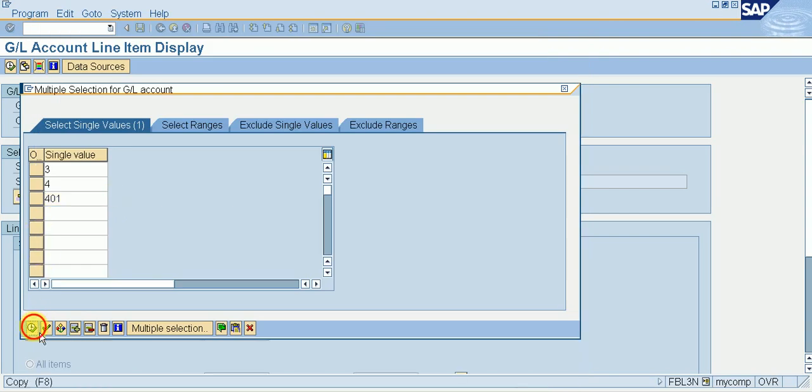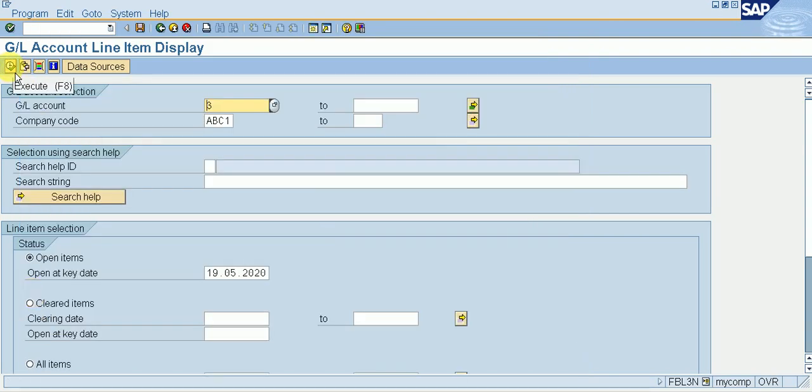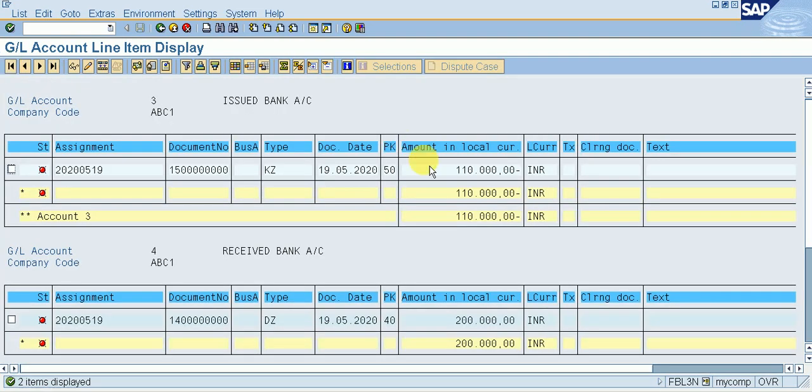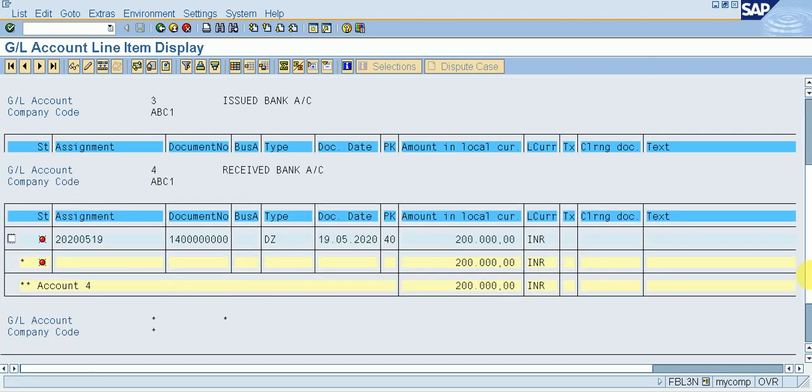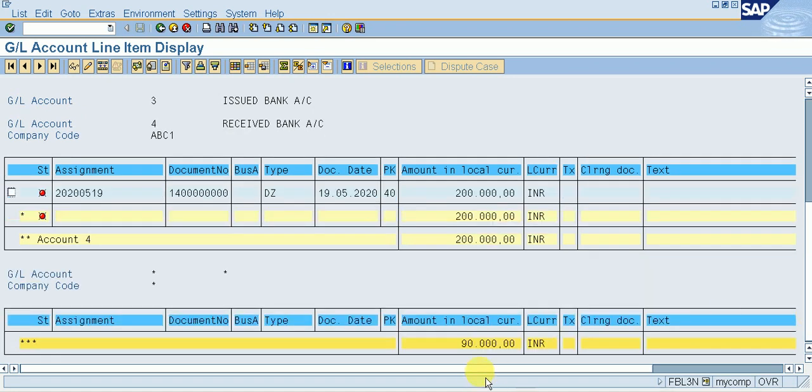Then execute it, then again execute it. So we can see our issued bank account balance is 1,10,000 and received bank account balance is 2 lakh. So what is our remaining balance is 90,000.